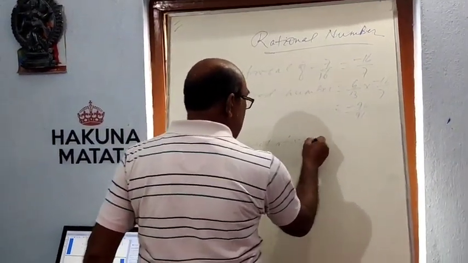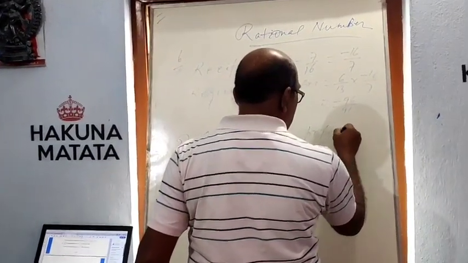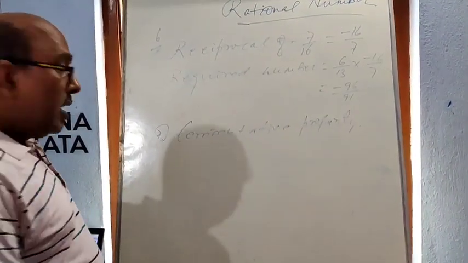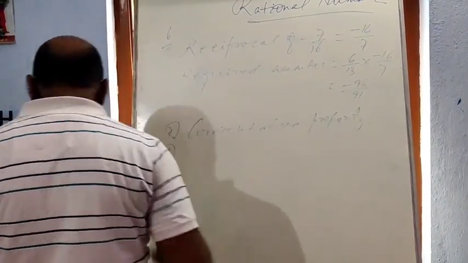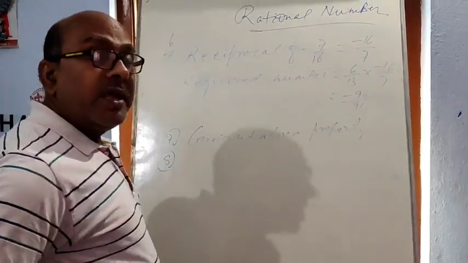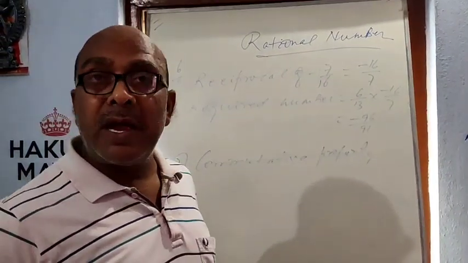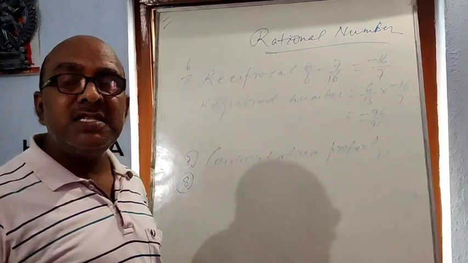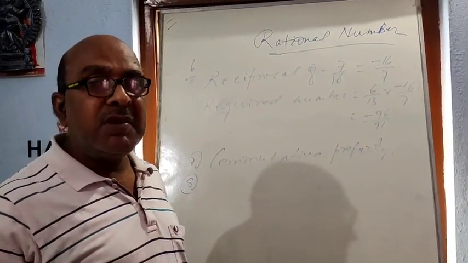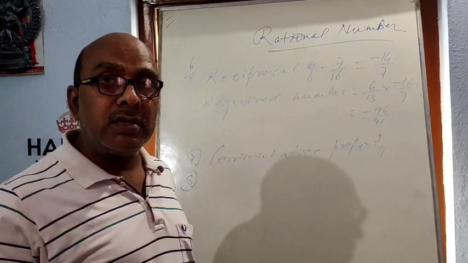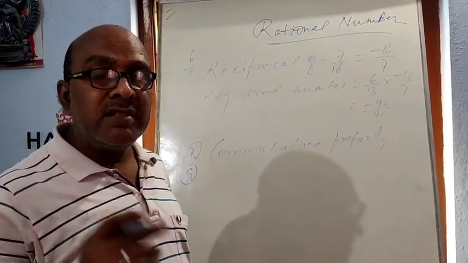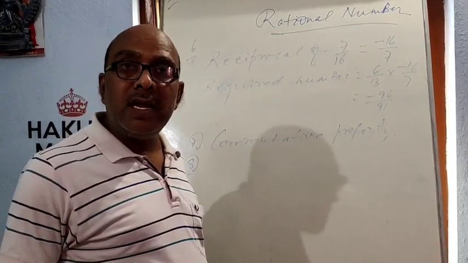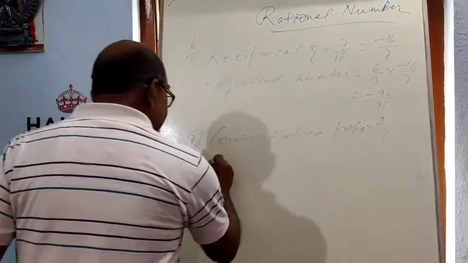Commutative property. Using the commutative property, we can solve question number 7. In question number 8, is 8 by 9 the multiplicative inverse of minus 1 integer 1 by 8? Since minus 1 integer 1 by 8 is minus 9 by 8, and the multiplicative inverse of 8 by 9 is 9 by 8, only 9 by 8, not minus 9 by 8. Therefore, 8 by 9 is not a multiplicative inverse of minus 1 integer 1 by 8. This is the answer. No.